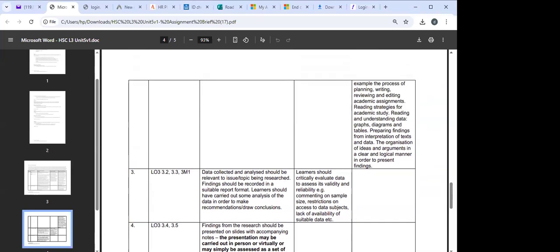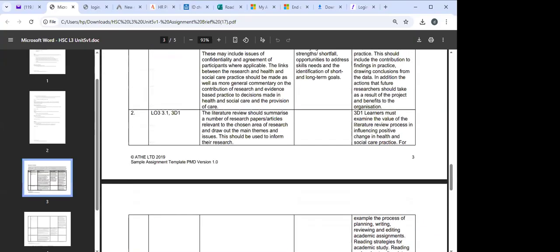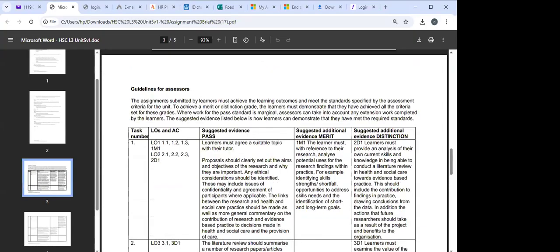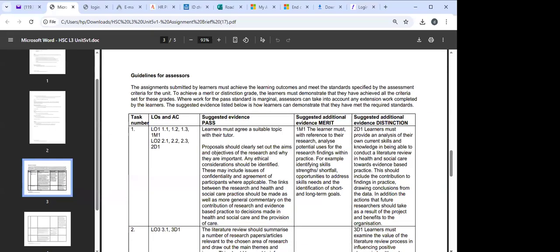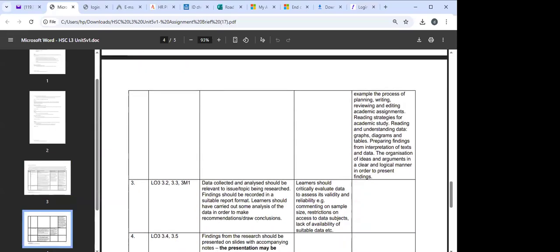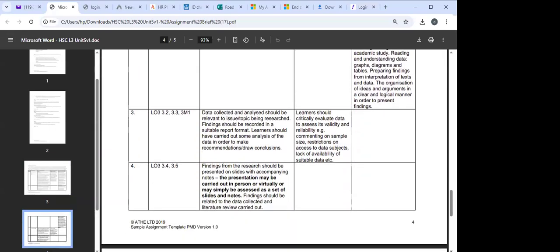Learners should critically evaluate data to assess the validity and the reliability, e.g., commenting on sample size, restrictions on access to data, subject to lack of availability in those areas. So these are the things that we expect in LO3, to capture the relevant areas